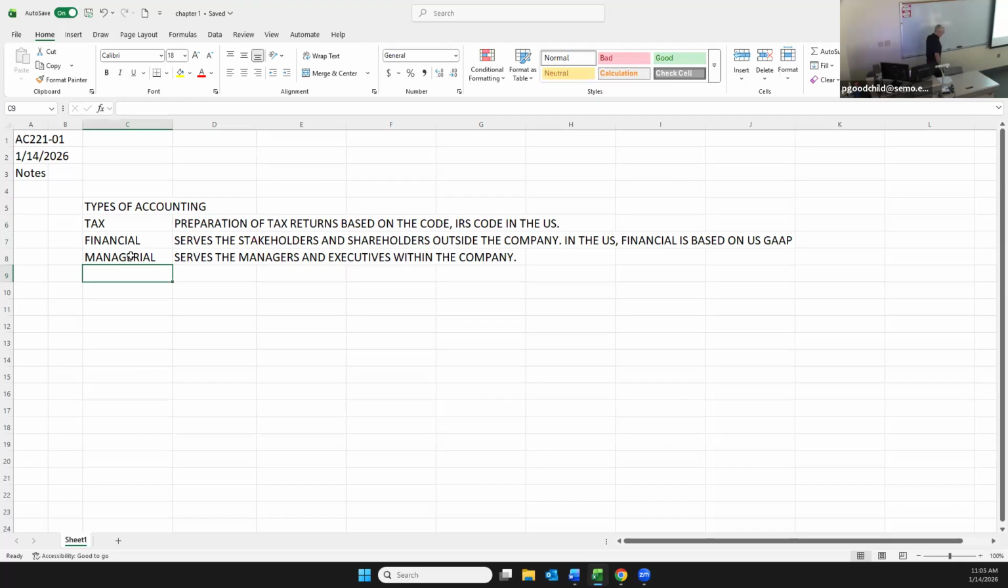I also added a little bit about taxation and what you'd be doing for the types of accounting, preparing tax returns based on the code. Yes, sir. And GAAP is generally accepted accounting principles. That's right. Practices. Principles. So tax, managerial, financial, you have accounting information systems. And this focuses on